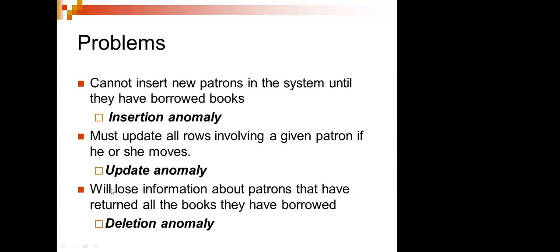If you are not going to update properly, then we are going to get an error called update anomaly. Then if we lose information about that person who has returned all the books they have borrowed, that is deletion anomaly. That means if the book has not been returned by the person, or if the data has not been updated properly, then we are going to lose the information. So there is a chance of losing the information. So in order not to have the data lost, we should handle the update anomaly. Otherwise, if you do not update properly, there is the chance of a deletion anomaly problem. That means you cannot delete unless you confirm whether that book has been returned by the person.